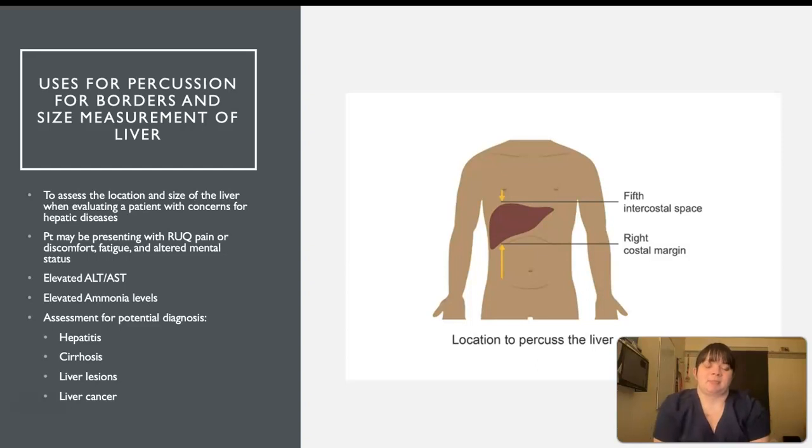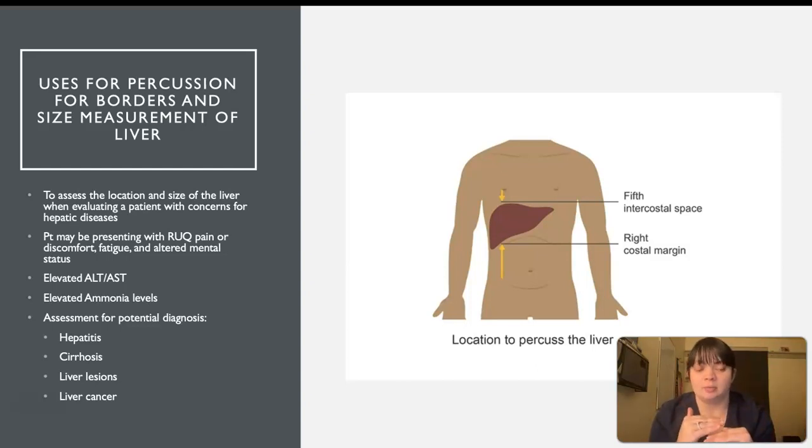To complete this assessment, I will refer to this photo that I have here on my PowerPoint to help easily look at the landmarks that we want to see. We will start with identifying the fifth intercostal space as well as the right costal margin. And in completing this assessment, we will go from the superior to inferior and then inferior to superior to percuss the liver. Specifically, we want to identify if there is a change from